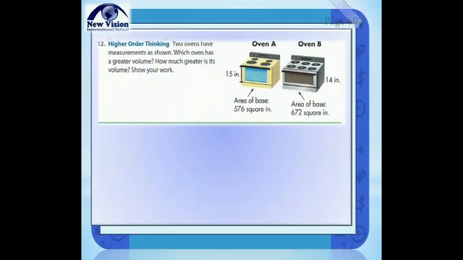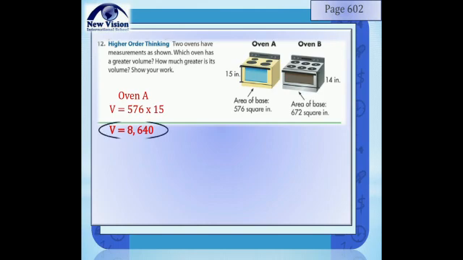Next, page 602, item number 12. 2 ovens have measurements as shown. Which oven has a greater volume? How much greater is its volume? Show your work. First, we will find the volume of oven A. So V equals 576 times 15